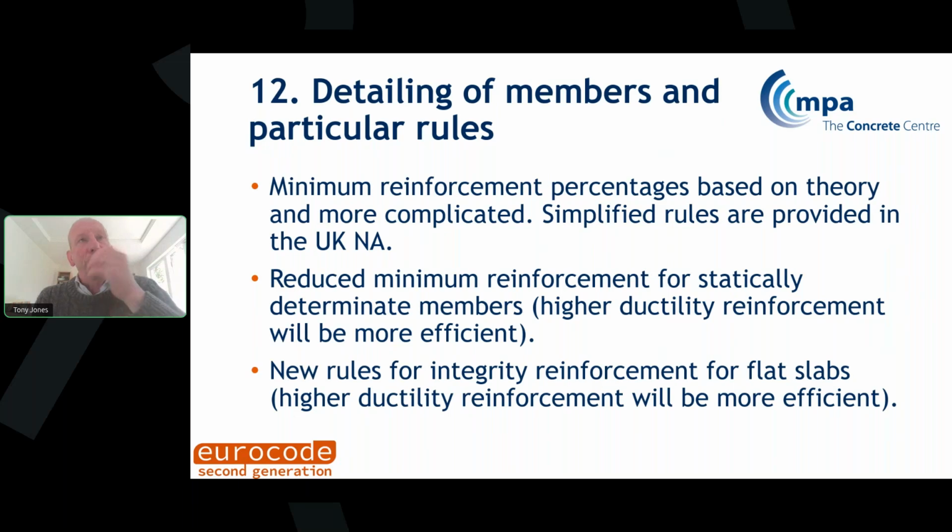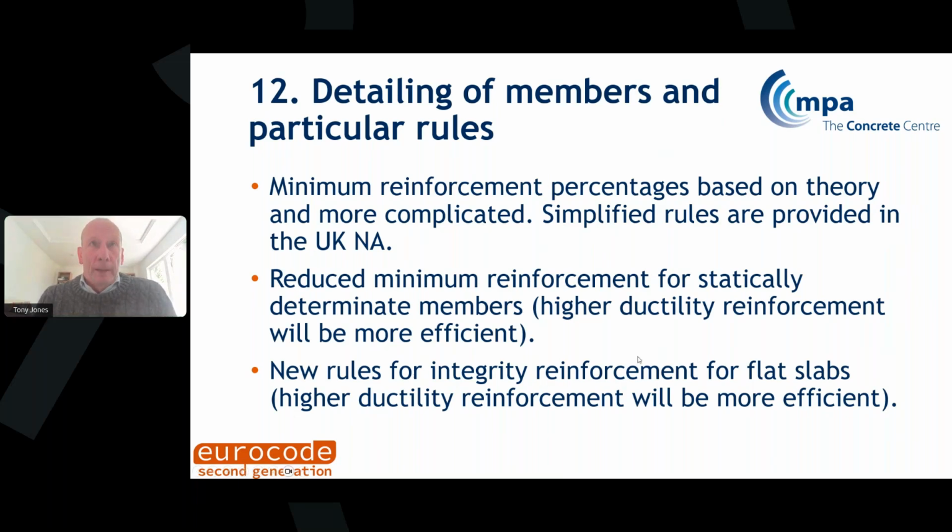We have a reduced minimum reinforcement for statically determinate members. And again, that was hidden somewhere in the first generation. Now it's a very explicit rule. And what you find is if you use high ductility reinforcement, you can significantly reduce the amount of minimum reinforcement